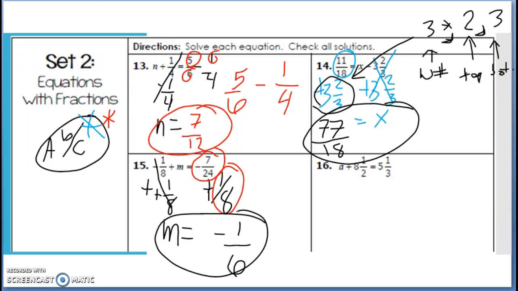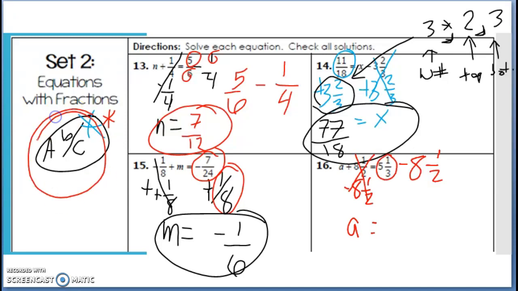Okay, so on to 16. Well, A is being added, and we are adding 8 1/2, so we do the opposite, and we subtract. So we subtract 8 1/2. Now A is alone. A equals 5 1/3, so you type in 5, hit that fraction button, 1, hit that fraction button again, 3. Then we do minus 8, hit the fraction button, 1, fraction button again, 2. And that will come out to be negative